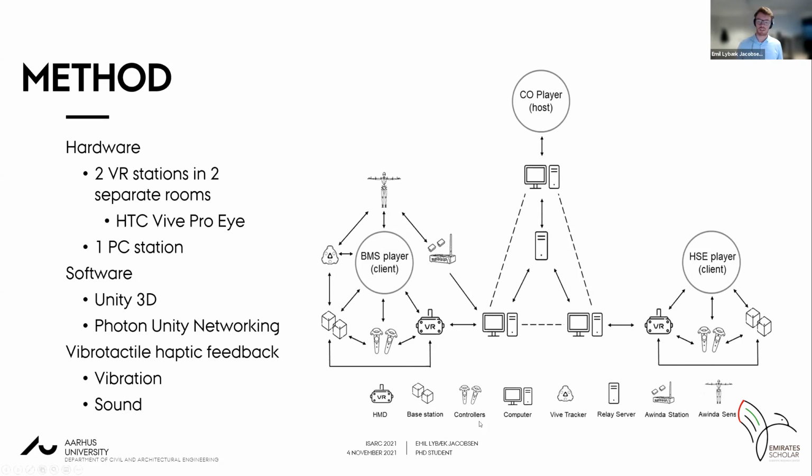This is what makes this inner circle work, to connect all the clients to one shared network. We use Unity 3D to model the experience. And because we are researching vibrotactile haptic feedback, this is programmed in Unity in C#, and it uses both the vibrations and sounds,